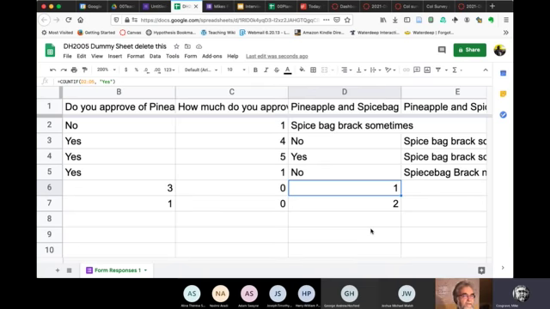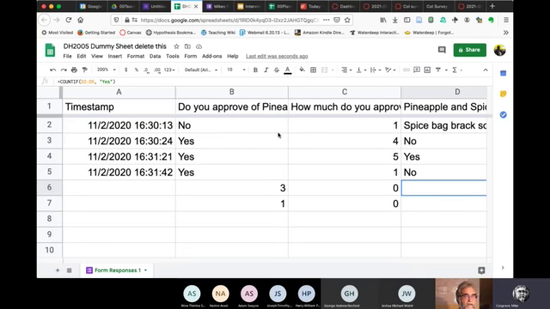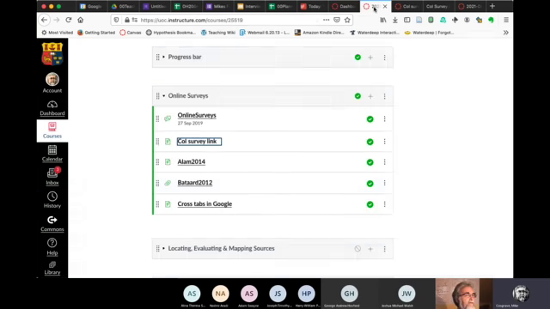Now, taking this question and cross-tabulating them and making a pivot table out of it is much harder, right? So if you get stuck trying to do this on the analysis, then the cross-tabs in Google, forget it. In which case you ask someone who knows how to use Excel to do the analysis on it.